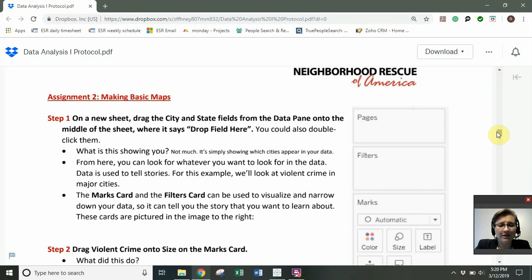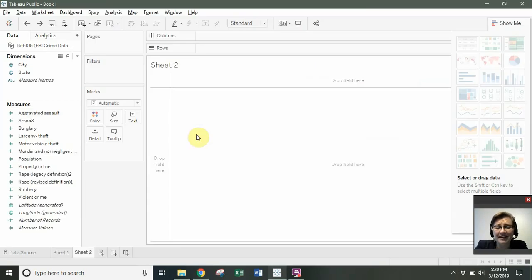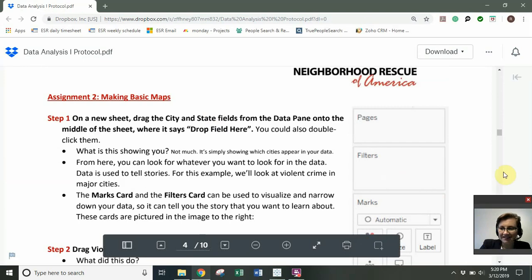So Tableau will do all sorts of really cool things. With the map that we're going to make in here, you'll see a lot of dots, and we're going to learn what those dots mean. So starting with step 1,